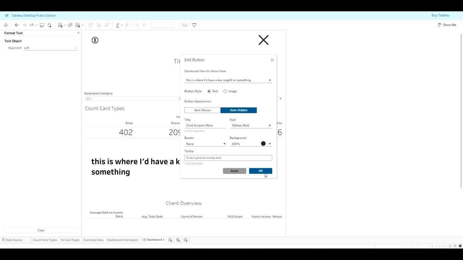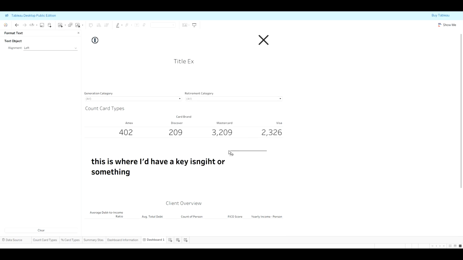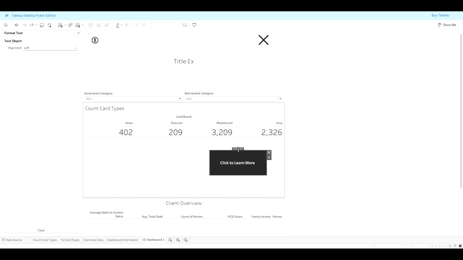So I would do apply, do okay. And again, it starts off really small, so you have to play around and format this, where again, you could control or alt click, I believe. It's alt click to hide it. And you've got to be careful with the hierarchy, because sometimes if you put that,